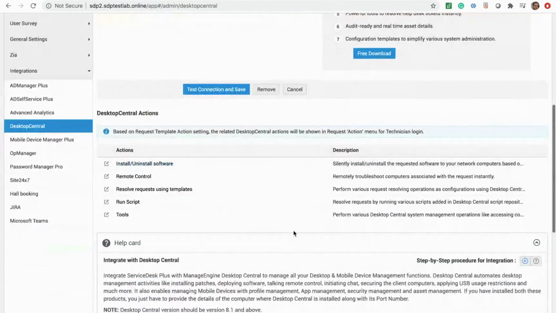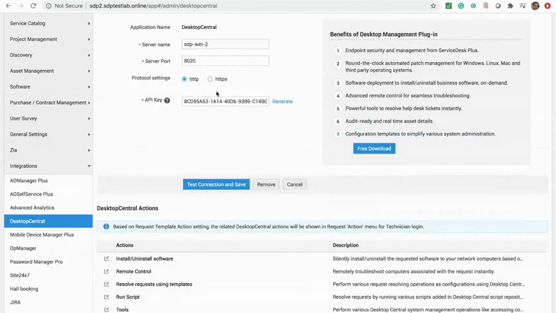And similar to the AD Manager Plus integration, we are going to have these options: install, uninstall software, resolve using templates, run script, tools, and remote control. So these menus can be enabled on request. So what exactly does this do? As soon as you get this configured,